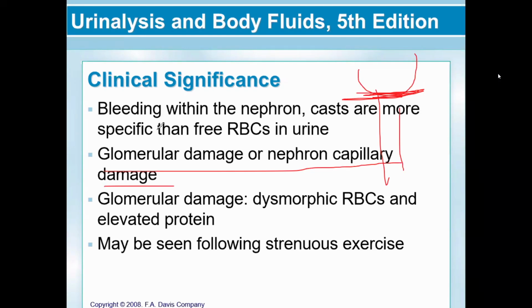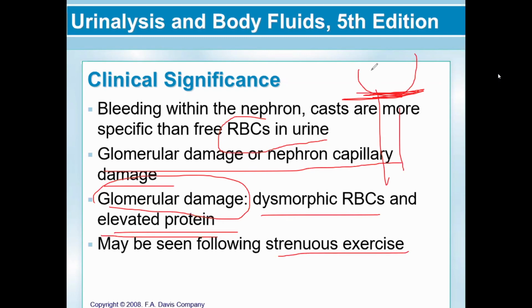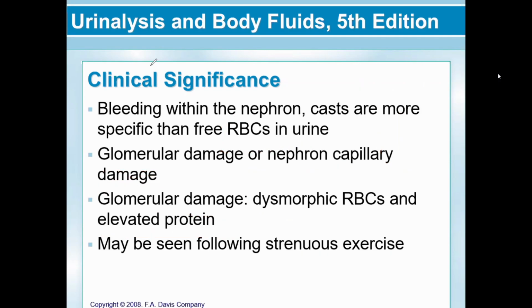So with glomerular damage, what else can we see? The presence of dysmorphic RBCs. For example, acanthocytic RBCs, those with blebs or protrusions. And of course, elevated protein. Because sometimes it is not only red cells that get included, the protein components of our plasma come along too. But of course, you have to take note that sometimes we see RBC casts in non-pathologic causes like strenuous exercise. And this is usually transient. Okay? So next,